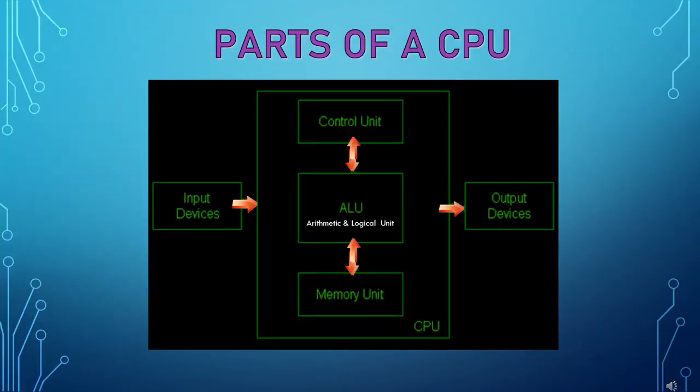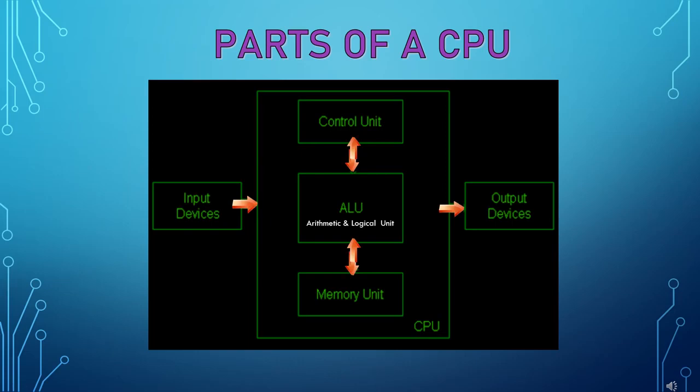Through this diagram, I'll be explaining to you the different parts of a CPU. It is very much clear from the flow diagram that the input devices are attached to the CPU, and from the other end, the output devices are also attached. So we have learned till now that we send the data and instructions into the CPU using the input devices. The CPU does all kinds of calculation and processing of the data, and the information is then sent to the output devices.